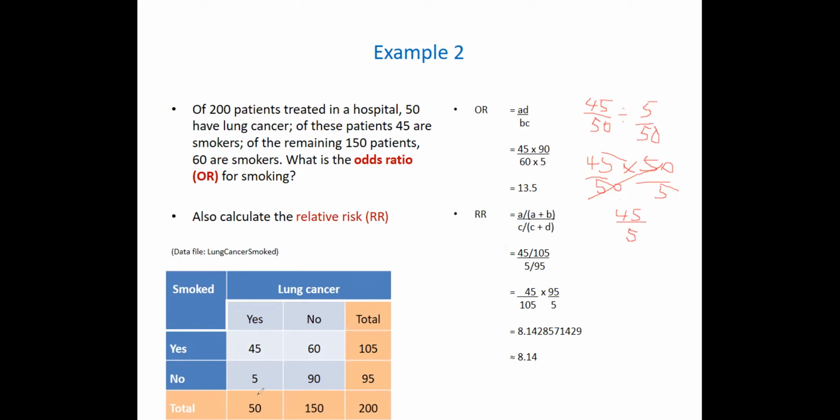Yes. Now, the odds of smoking among the people that don't have lung cancer is 60 over 90. Do you understand now? Yeah. So the odds ratio, that is the odds of smoking among the lung cancer people divided by the odds of smoking among the non-lung cancer people, can you see now? It will now be this one